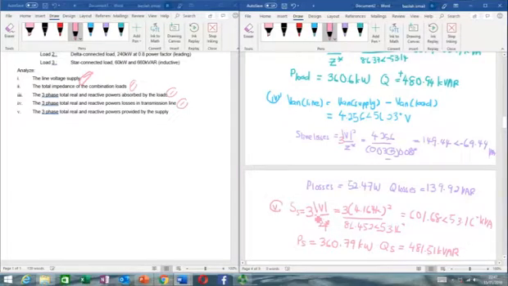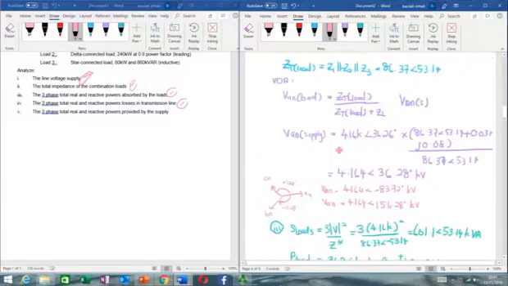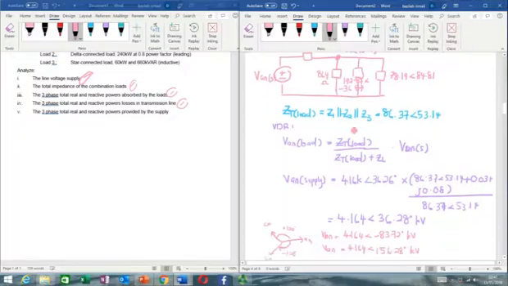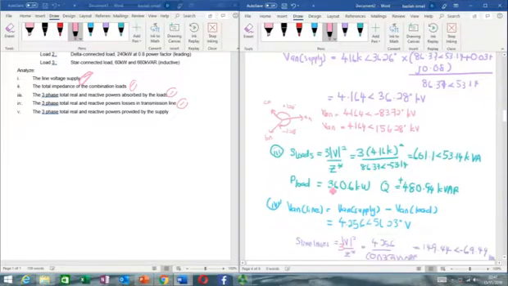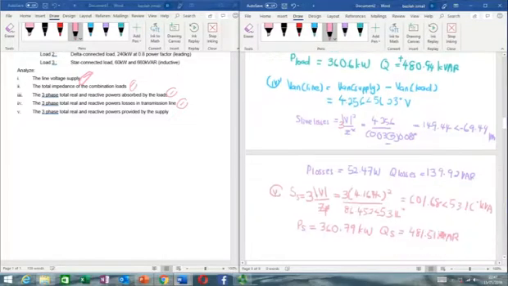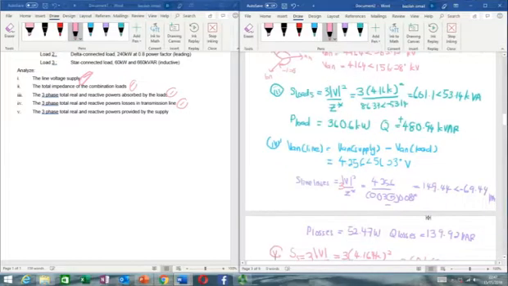supply should provide power which covers losses and also load. Okay, right, so losses and load, so you can actually add these two. We already calculated the S load, which is this value, and you can just directly add S line losses, so you will get the same value, which is this one. Okay, so